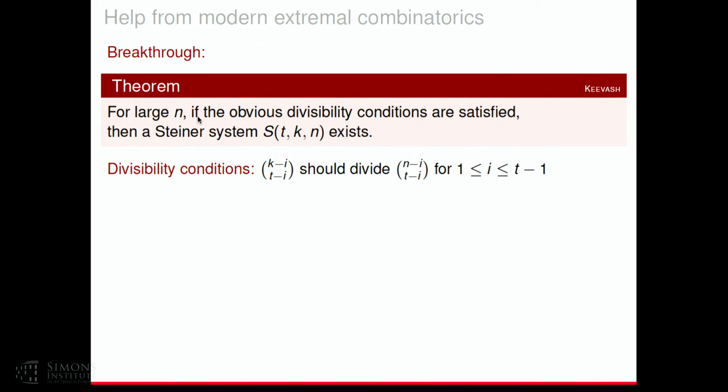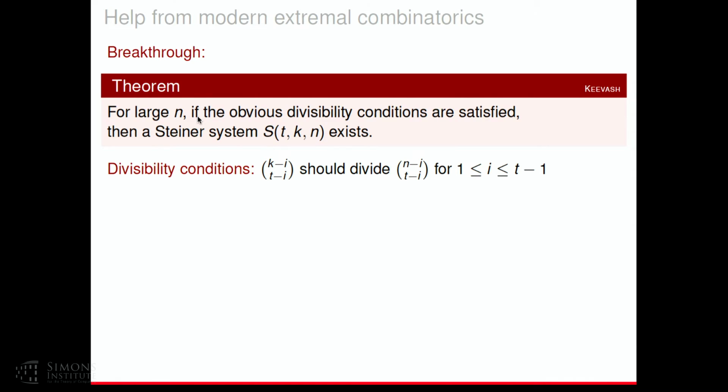And just one remark, of course, his theorem is for large n. We know that we need to have some bound on n, so for small n there are some counterexamples to this. But probably we don't need n quite as large as he gets from his proof. Okay, so we know when these Steiner systems exist. Now what's the